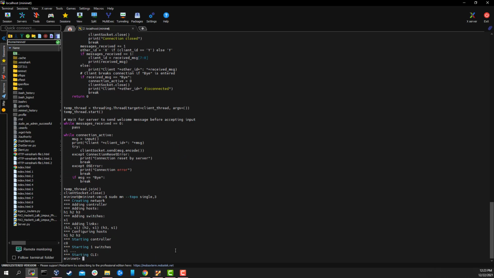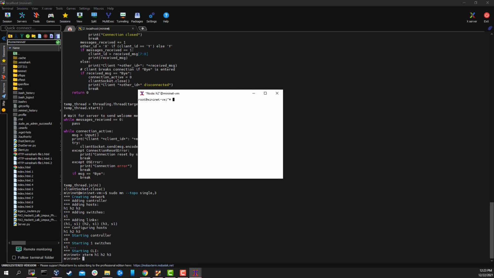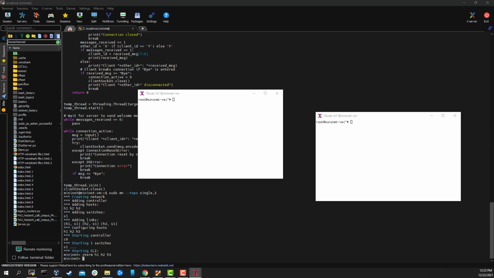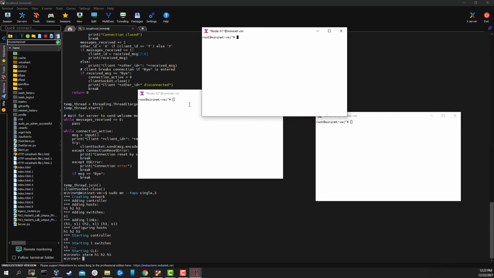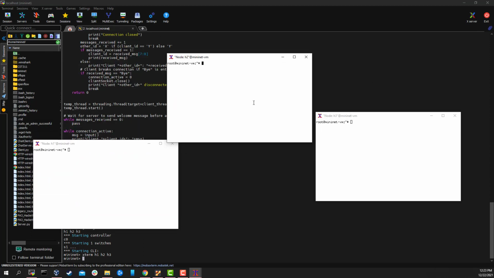Fire up Mininet here. Okay, so H2 is going to be the server. The server is waiting to receive two connections. Here's our first client. So you see the server has accepted the connection, but the client has no idea that it's connected yet